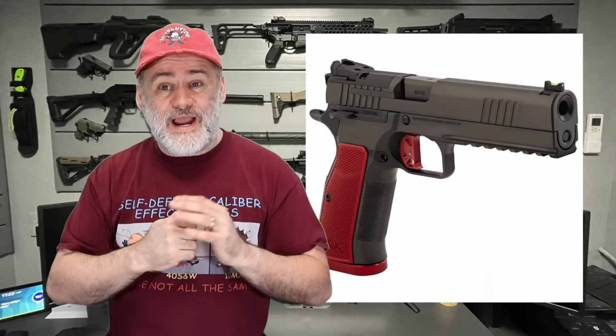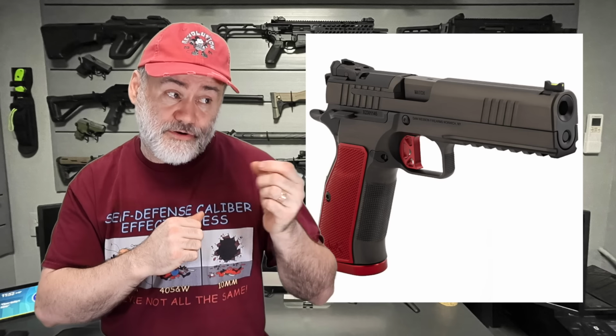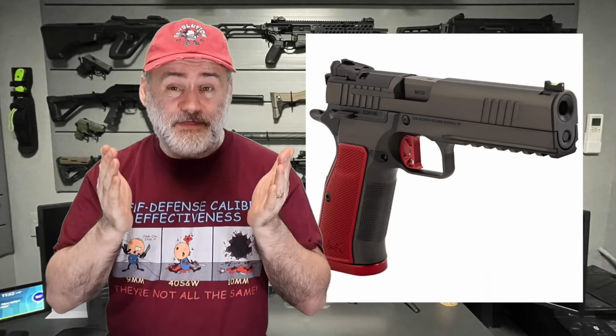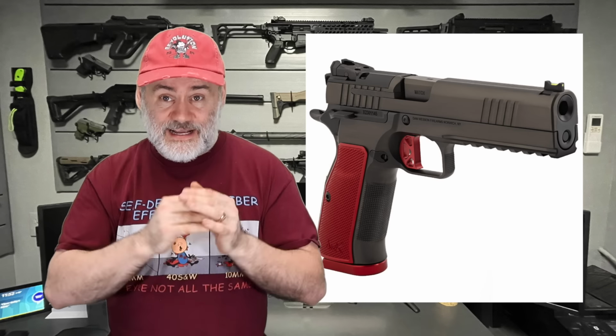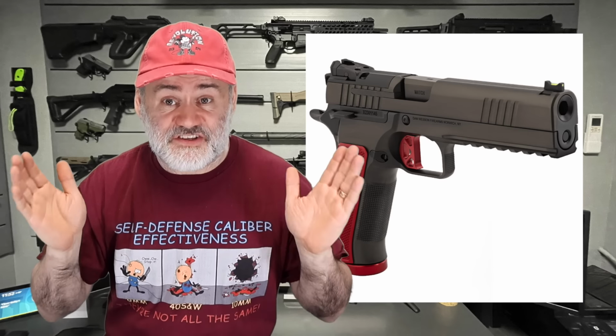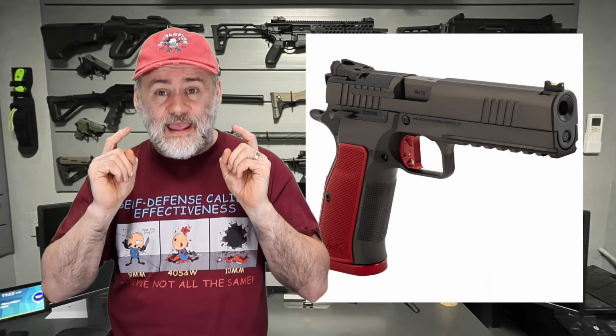So this would be a great option. In fact, I don't consider this gun an option to a 2011. I consider it a superior option to the 2011. And it's one that I would definitely like to own. I don't own one because it wasn't around when I bought my 2011s, or I'd have it instead of them. But it's number 4 on this list. It is the Wesson